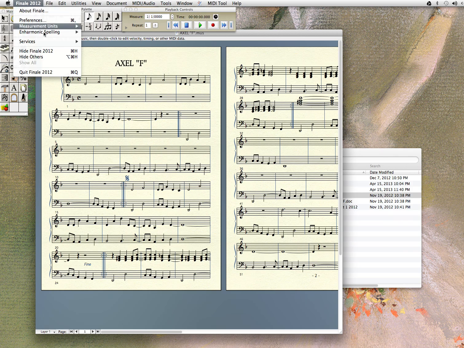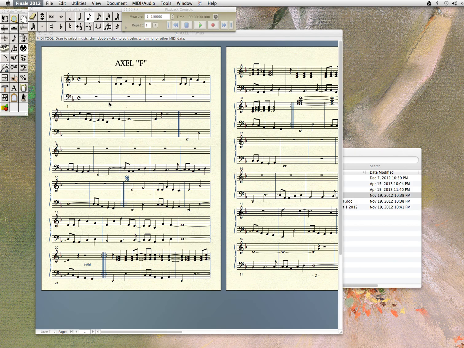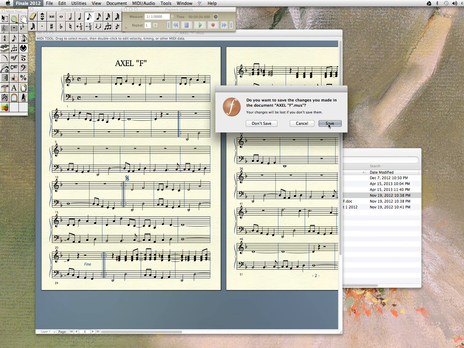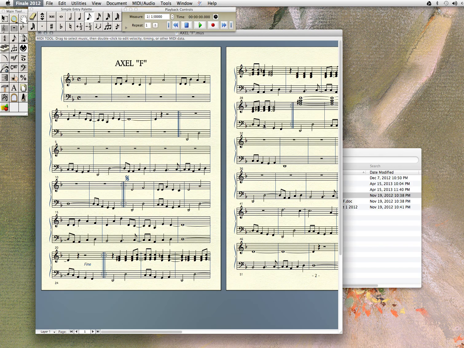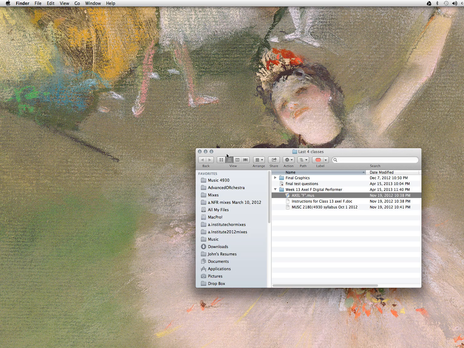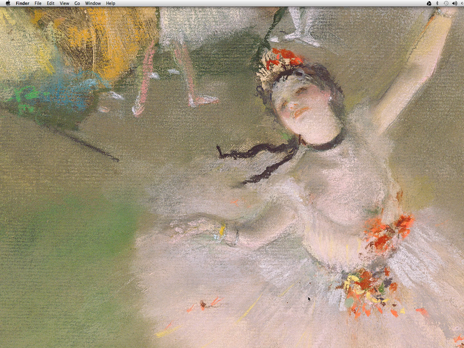So I come up here to Finale, I say quit. I could save the changes. I can throw the changes away. It really doesn't matter. I'm not going to save them in this particular case. And now I'm going to go to the bottom of my screen, and I'm going